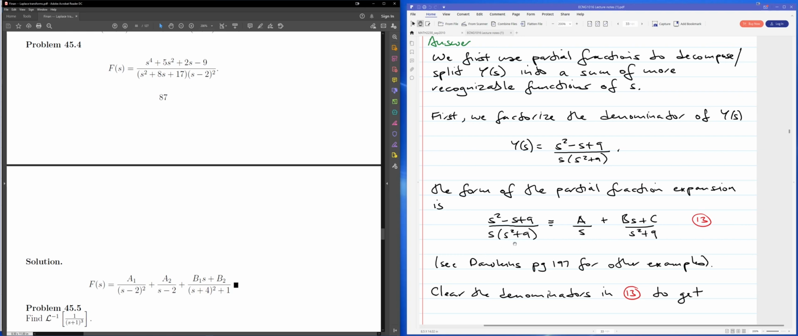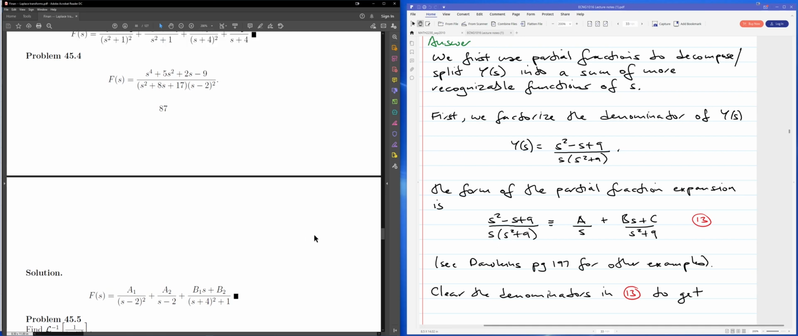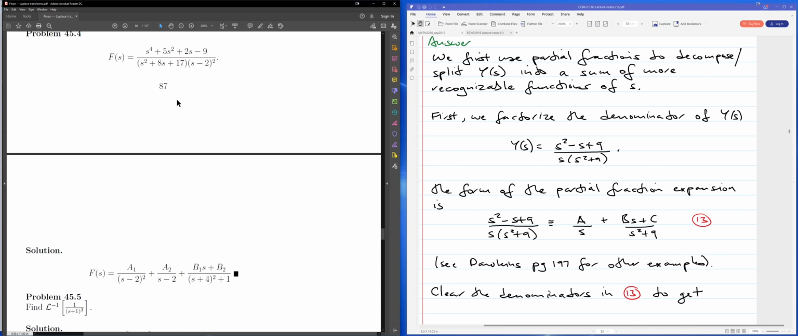And if you have a quadratic factor, you have two arbitrary constants here. So the form on top would be bs plus c, and then your quadratic factor would be s squared plus 9 on the bottom. So this partial fraction expansion depends on the factorization of your denominator here. Okay, so if you want a next example of the form of your partial fraction expansion, let's consider a